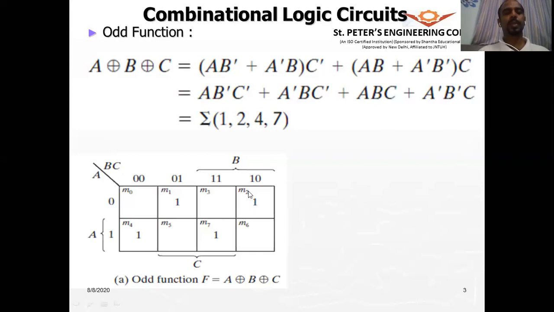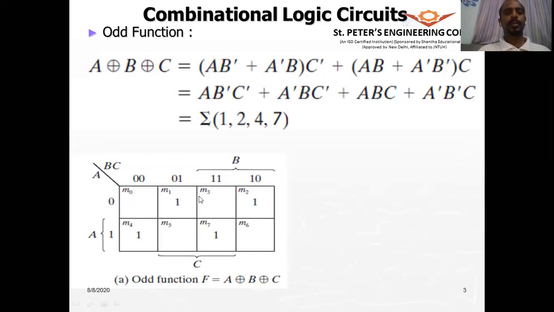So the output is 0. Here if you consider only B is high, C is 0 and A is 0, it is an odd number of ones, so the output is 1. Similarly, if A is 1, and B and C both are 0, it is an odd number of ones. Again, for 7, there are three ones: A, B, C, all three are 1, which is an odd number.